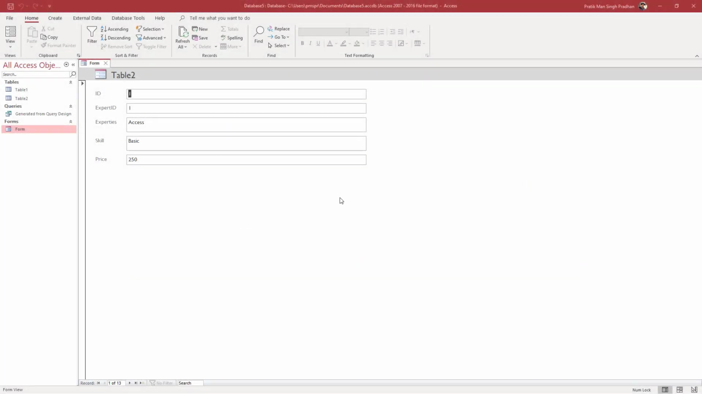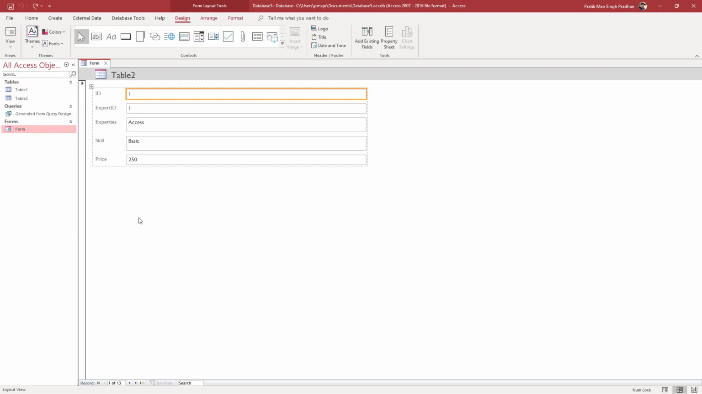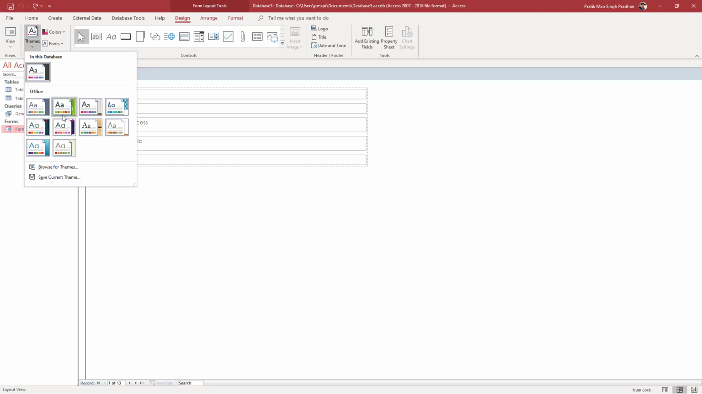So over here you can see that I have a form, and if you want to format the form cells and text, then you can go onto the View menu right here and then go to Layout View. Once you do that, you can select the cells as you can see right here. So you can go into Design, and in Theme you can select different themes of